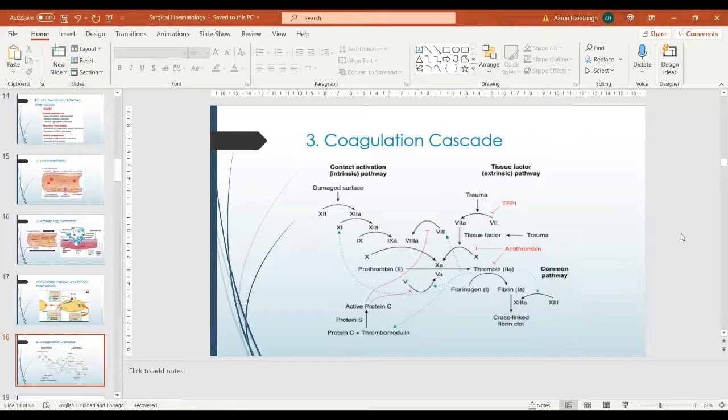Factor 4, you may have noticed, you don't see that number in the pathway at all. Factor 4 is actually calcium. And then the tissue factor is actually factor 3. You don't see the number 3 in the pathway at all, but it's known as tissue factor. Some of these factors